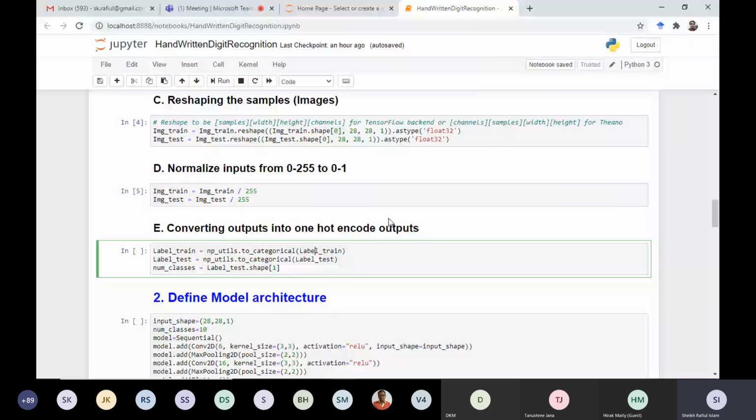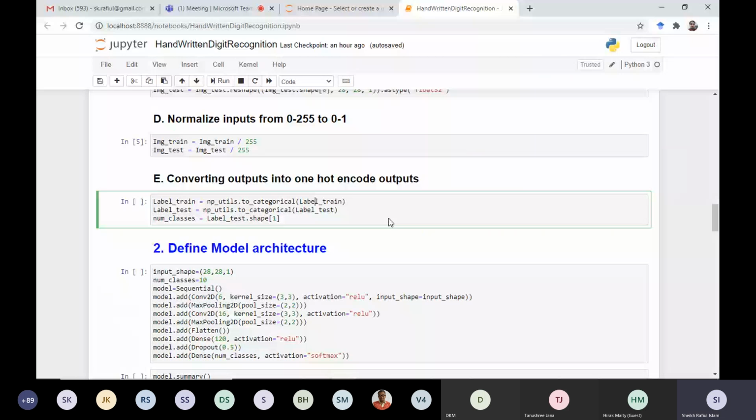For this case, we have used one hot encoding, and to do that we have used this tool and this function that is defined here. We have invoked this function to convert the 0, 1, 2 labels into vectors where there will be 10 columns, 0 to 9.